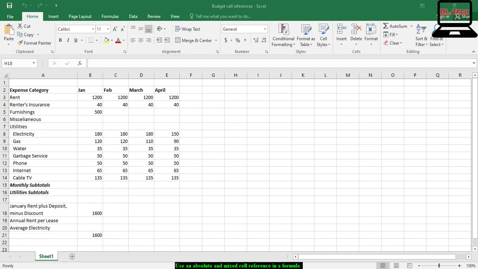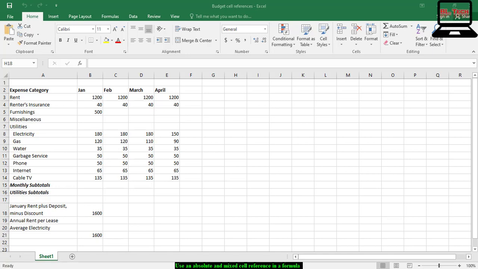Today I have a small exercise. It's called use absolute and mixed cell reference in a formula for Microsoft Excel. First, I would like to present about an absolute cell reference in a formula.